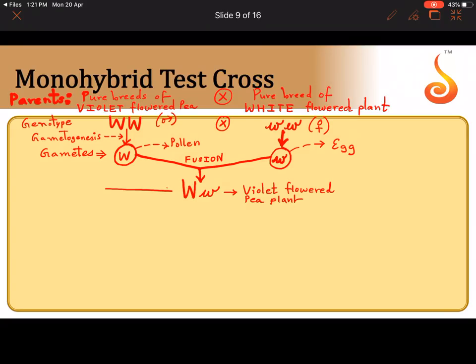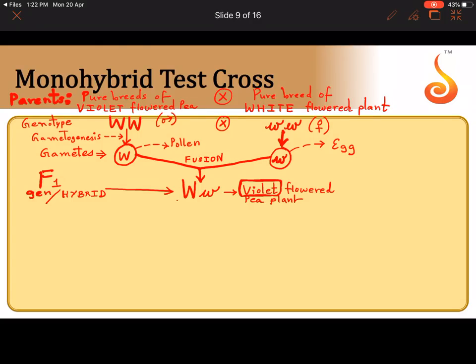What generation does this plant belong to? F1 generation. Or you can call it the F1 hybrid. What did I tell you? You don't know. What do you know among these two? You know that it is violet. How do you know it is violet? You can see it. It has violet flowers. When it becomes sexually mature, it starts producing violet flowers. What do you not know? Here I have written it, so you know, but imagine you don't know.